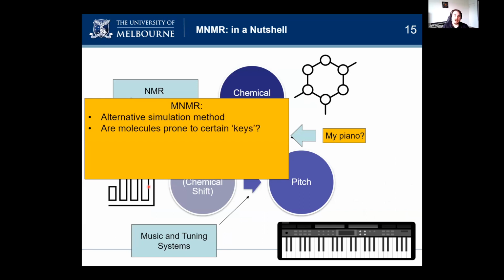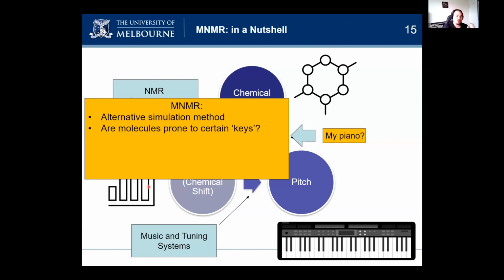And it begs the question, you know, are molecules prone to certain keys? Is Coldplay the best band of all time? Who knows? They only went to Perth, so I mean, you know, there's a little bit of bias there from me. I'm a bit disappointed. Anyway,